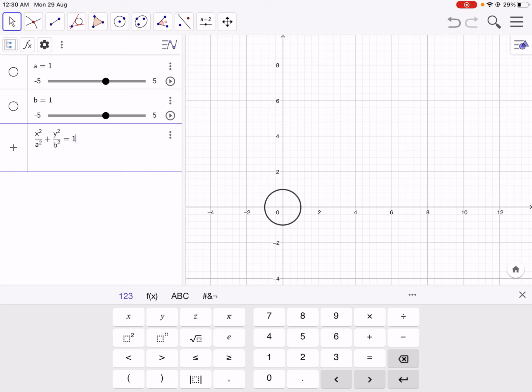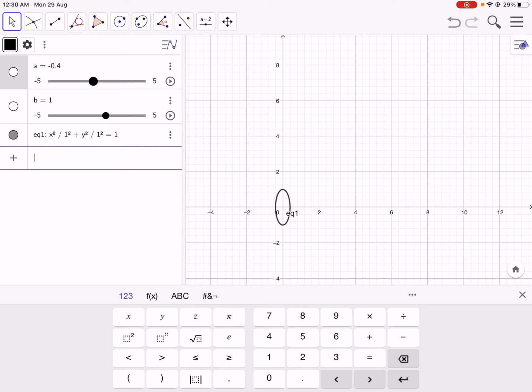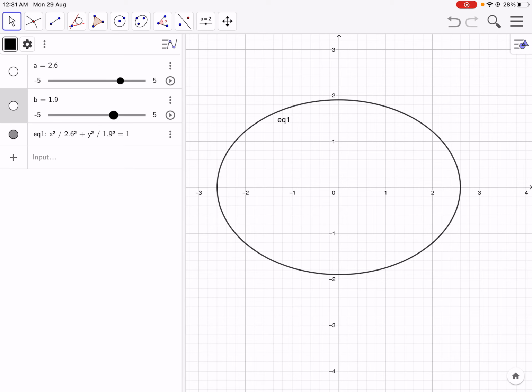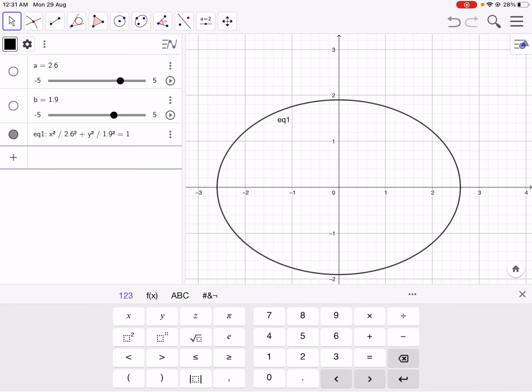B squared. Now, give me an equal sign, please. Equals 1. Righty, it looks like a circle, but of course that's because A and B are the same if I move it round. Okay, I've got an ellipse. See that A is 2.6, the distance to the vertex, and B is 1, if I make it a little bit more, it's the distance to the y-axis intercepts. If I put the foci in,